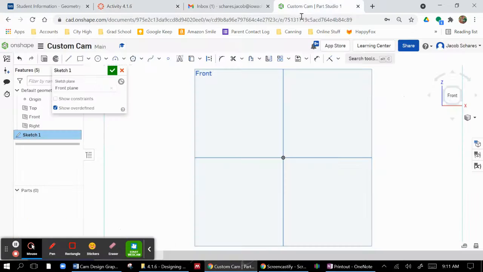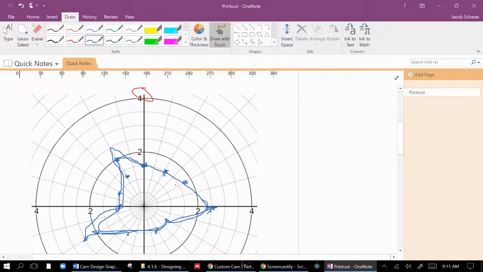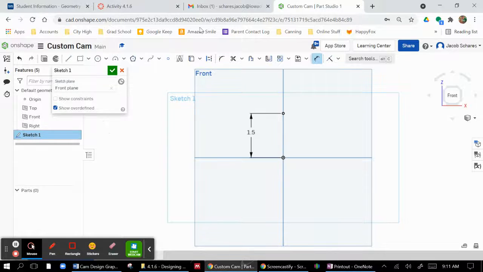So what I can do is take a point straight up, stick it on the graph, and then dimension from that point to the origin as 1.5 inches. And then I can go back to my picture here. I can see, here at 90 degrees, I was at 2.5 inches. So I can go back here, plot a point way over here, and I can dimension from that point to the origin